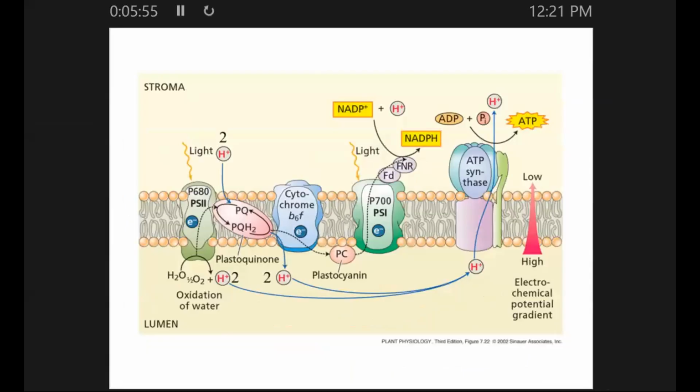It's going to allow for NADP plus to get reduced. So FD and FNR are both mobile carriers in the stroma that will allow for ultimately NADP plus to get reduced. So by the time the light reactions are done, the final electron acceptor is NADP plus, gets reduced, NADPH,